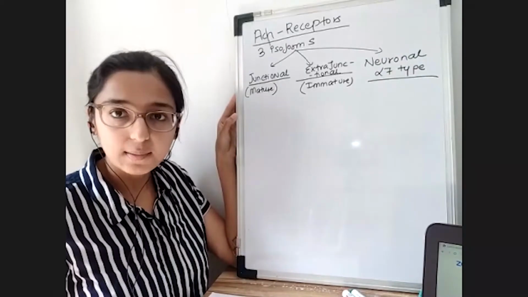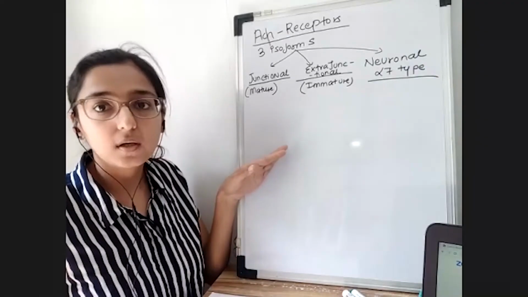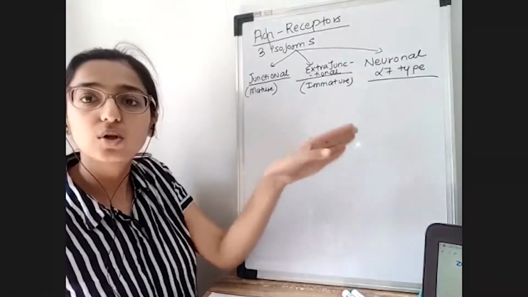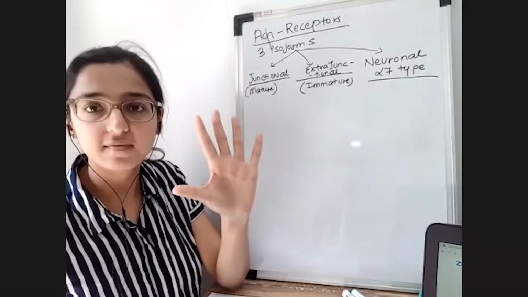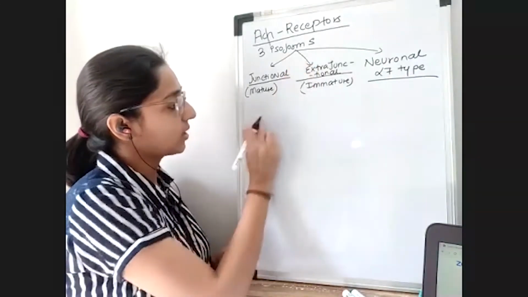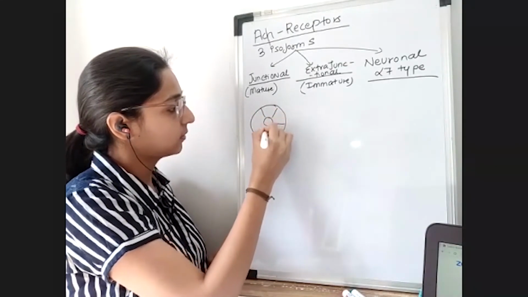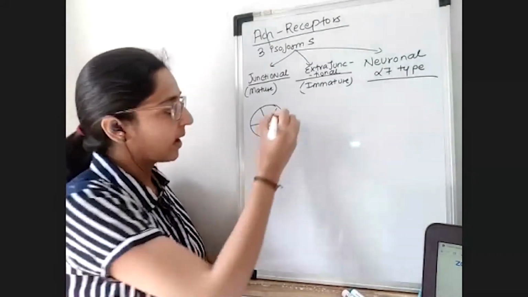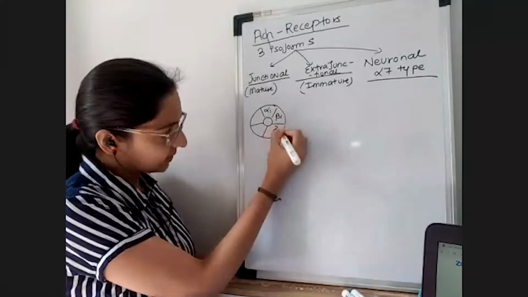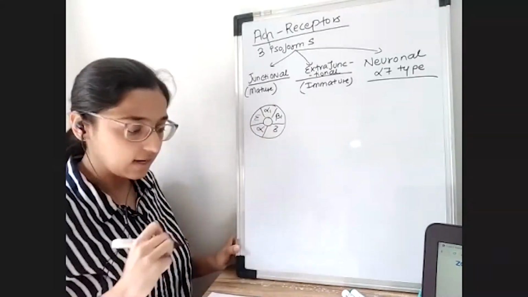Now, the acetylcholine receptor has 3 isoforms, as we know. Each receptor is made up of 5 subunits. Be it junctional, extrajunctional, or neuronal, each of them is made up of 5 subunits. So we'll understand the structure of those 5 subunits. In the junctional type, if we draw it, we have the alpha 1 subunit, the beta 1, the delta, the second alpha subunit, and then the epsilon subunit.